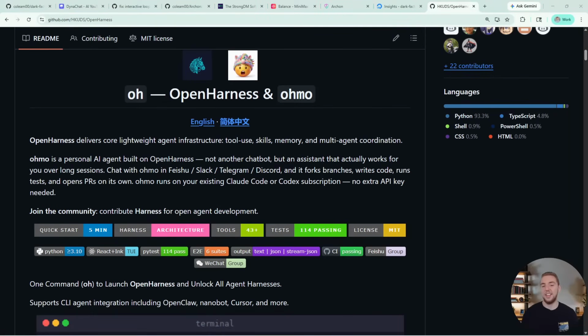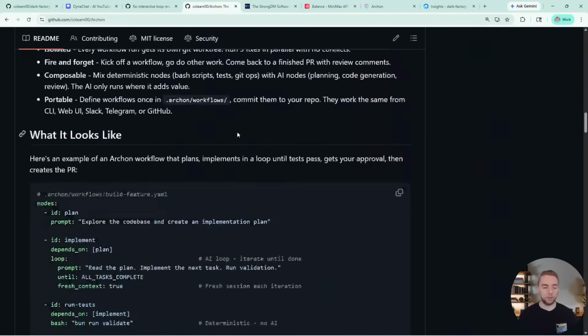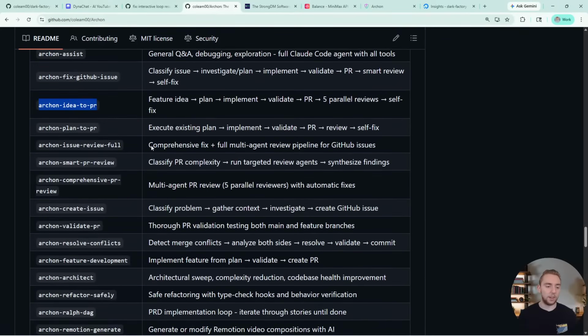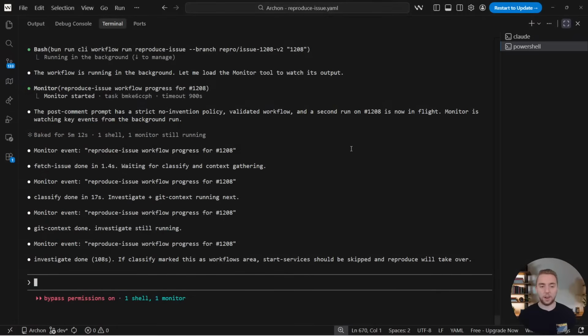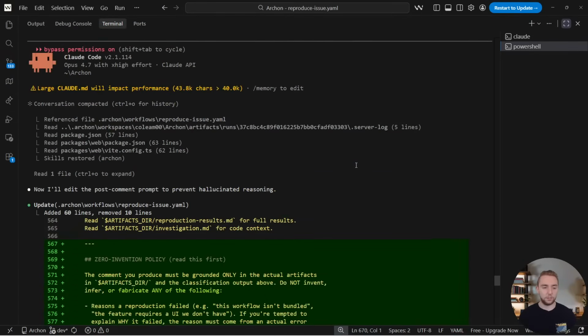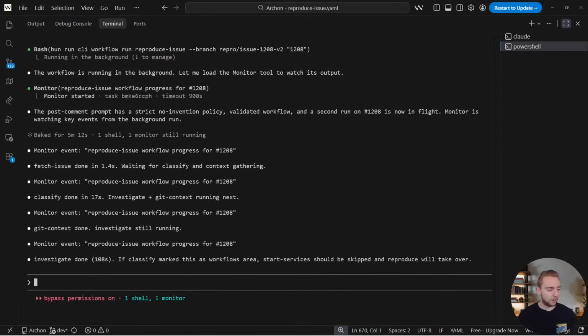I appreciate you asking that, because I always love addressing why Archon over just something that works out of the box. The thing with Archon is, yes, we do have a lot of built-in workflows. Like I show here in the README, we have workflows for ideas to pull request and reviewing issues and pull request reviews. You can use these out of the box, but the biggest thing I encourage you to do with Archon is to build your own workflows, exactly like what I'm doing right here. Right now, I'm building a very custom workflow for helping me analyze issues. And we'll actually see how it's going in just a second here.